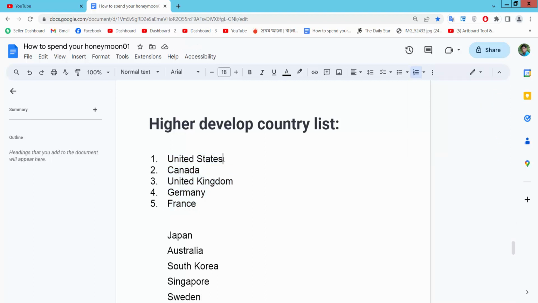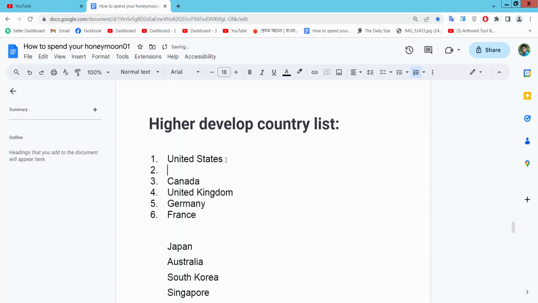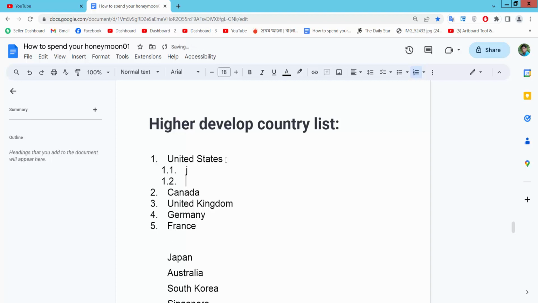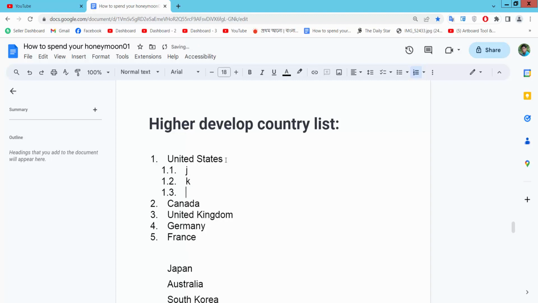Now put your mouse cursor first data and last right position and press enter from your keyboard. Now press tab button from your keyboard and type anything and again press enter from your keyboard, type and again press enter and press tab button from